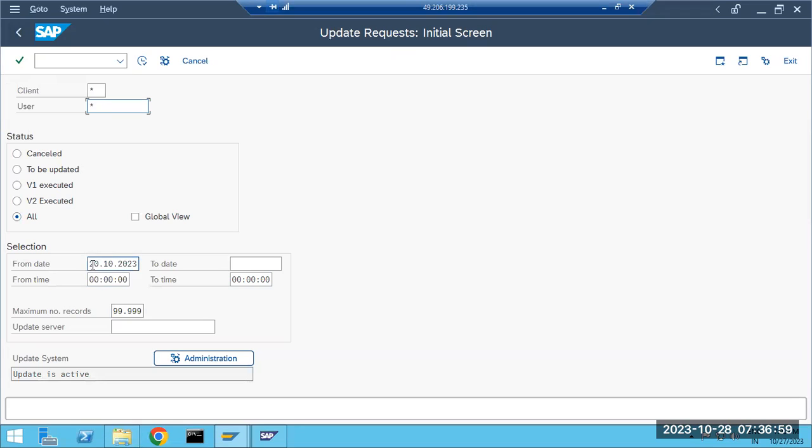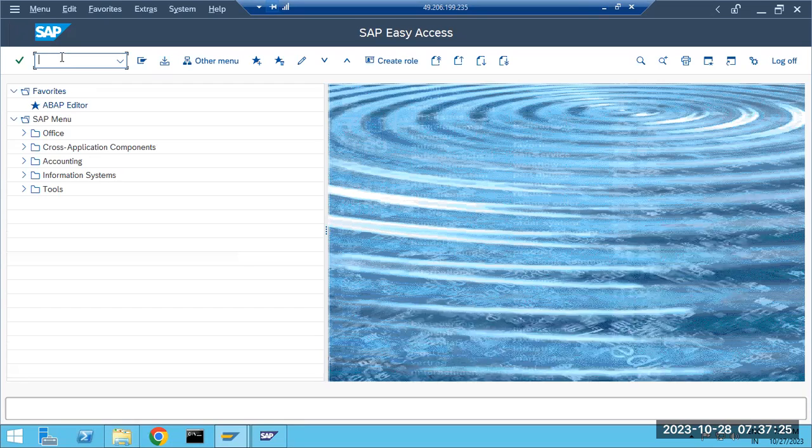Like that, we can check the last 24 hours on the production system, whether there are any update failures or not. If updates failed, we need to repeat that update, or we need to inform the respective functional team. So we take care of the update things here. That is the main thing we have to take care of. So update related things, SM13. In